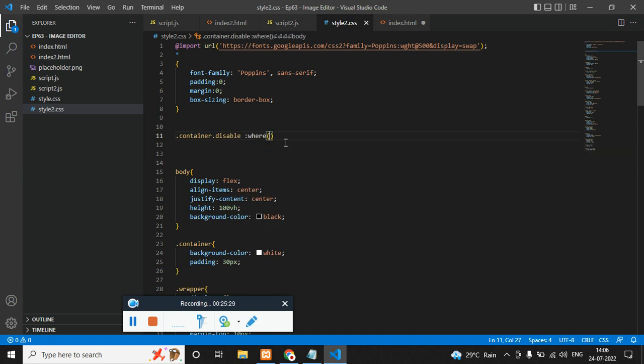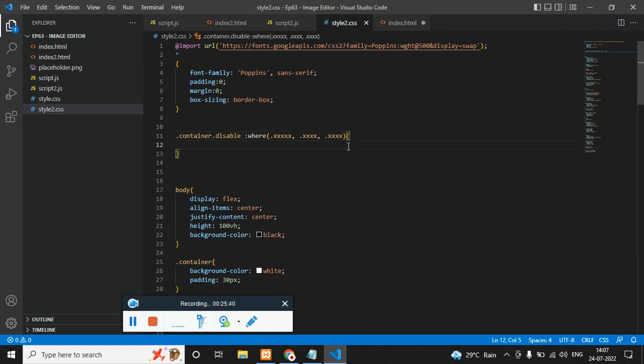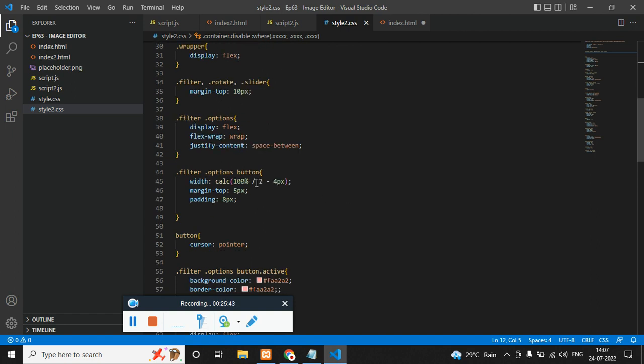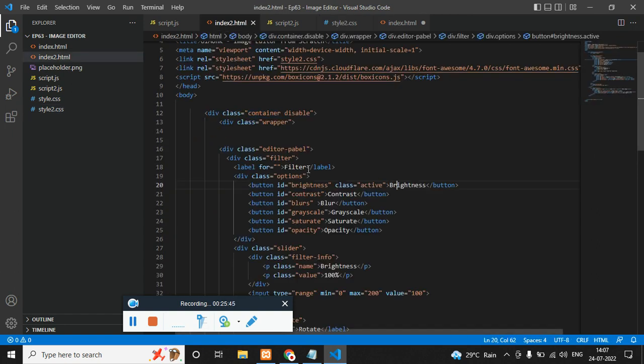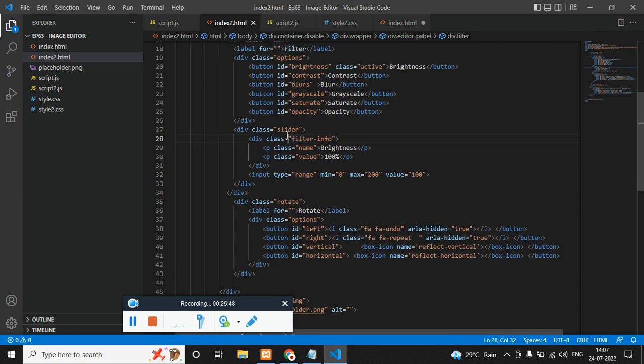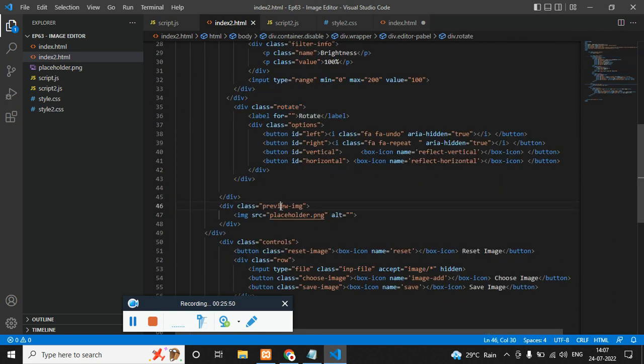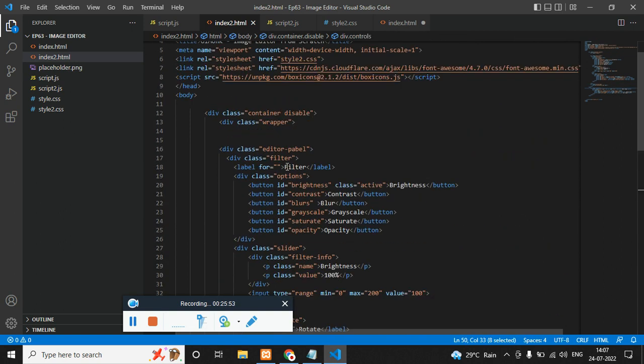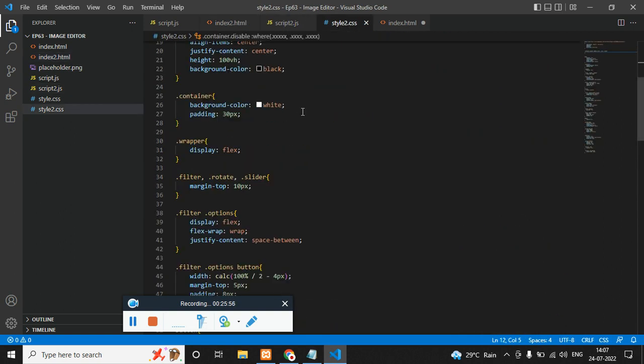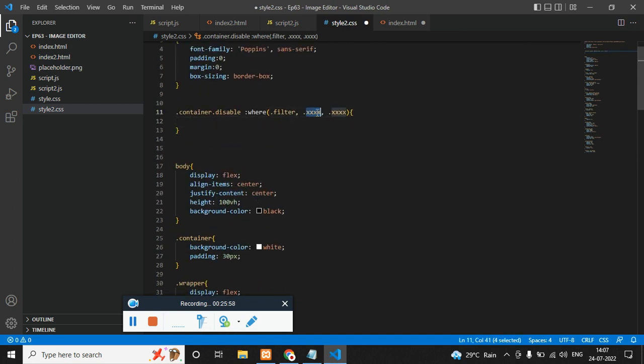So when there is disable, then I want some set of classes, let's say we have 3 classes, to make opacity 0. So what are these 3 classes? Control, filter, and option. Let me show you the HTML. Filter option, slider option, rotate option, and control option. So copy paste this. Filter, we have a slider and rotate, and finally